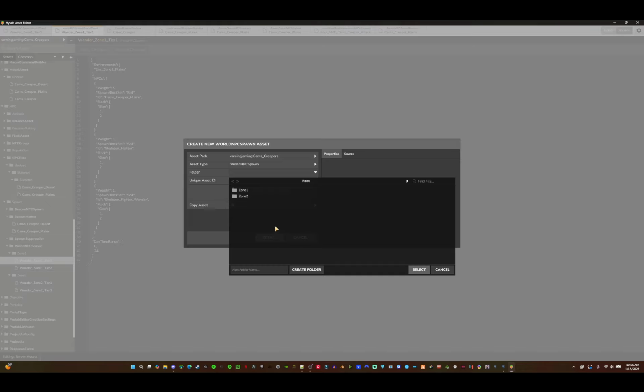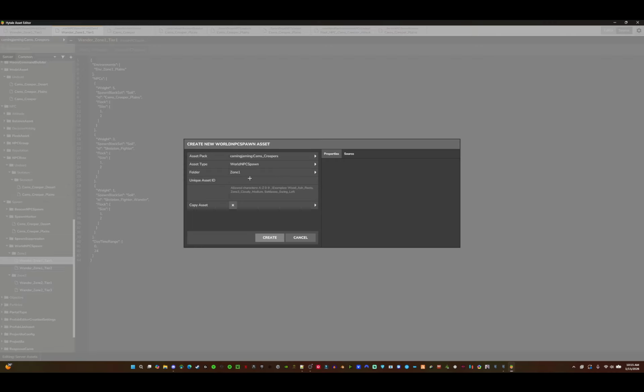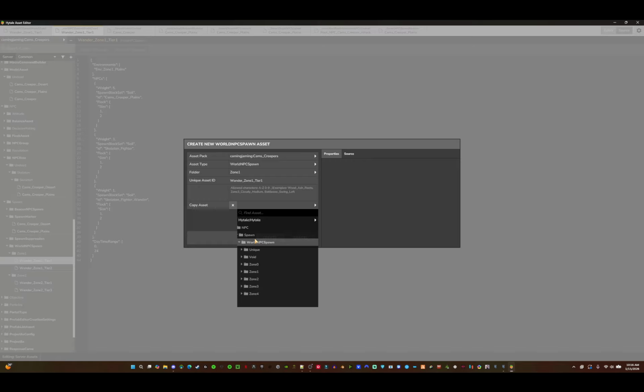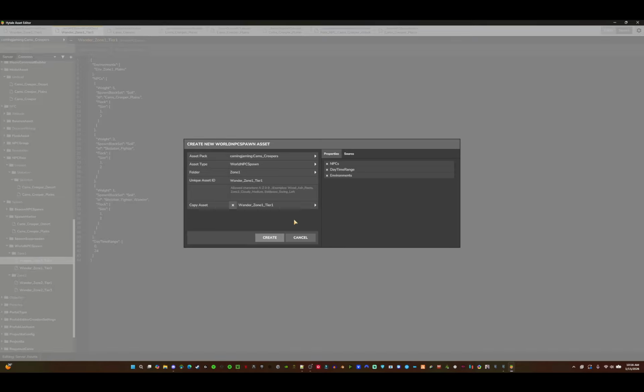You're going to name the folder whatever zone you want your creature to spawn in. So for me, it's zone 1. And then select that folder. The asset ID has to be the same. You cannot change this. Depending on the one you're copying, it has to have the exact same name. So for me, it's going to be wander underscore zone 1 underscore tier 1. And then I'm going to copy, go to Hytale, NPC, spawn, world spawn, zone 1, wander zone 1 tier 1,